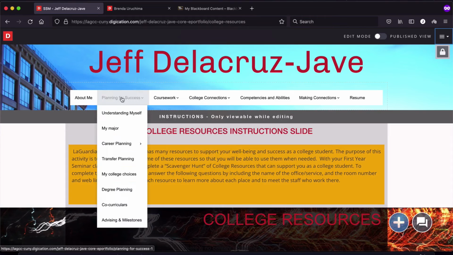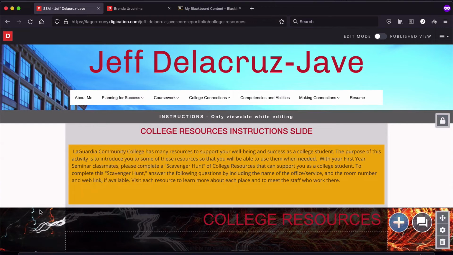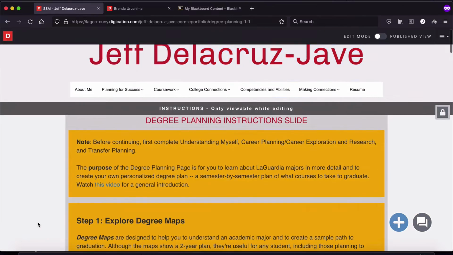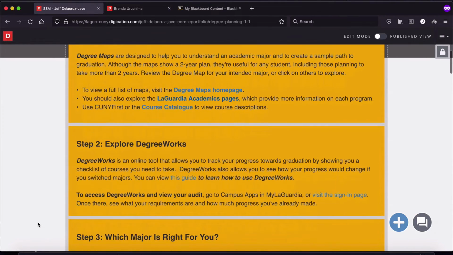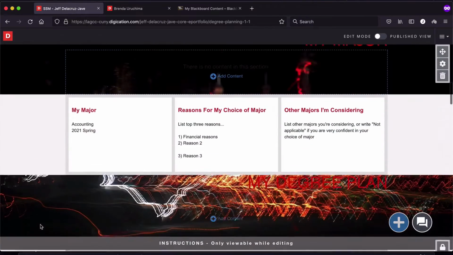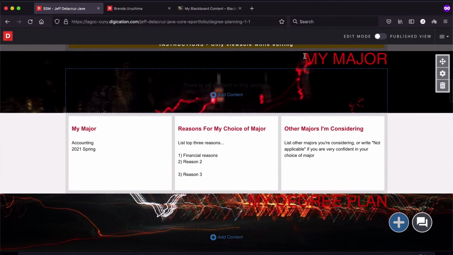Now let's move on to degree planning. You will find it under Planning for Success. Here you have it, Degree Planning, you click it. And then one more time it will show you instructions on how to complete this page, but I'm going to show you right now. So you scroll down, you will find My Major